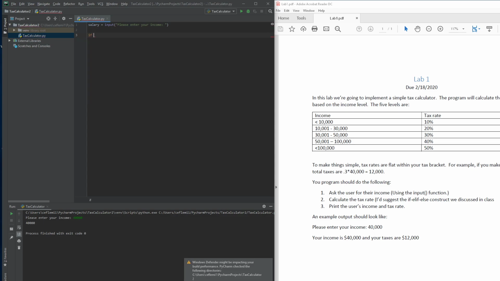So if salary is less than 10,000, and there's no commas in here. Don't put commas, it's going to mess things up. Don't put commas, so we put a colon. So if the salary is less than 10,000, then we're going to make a variable called tax equals salary times